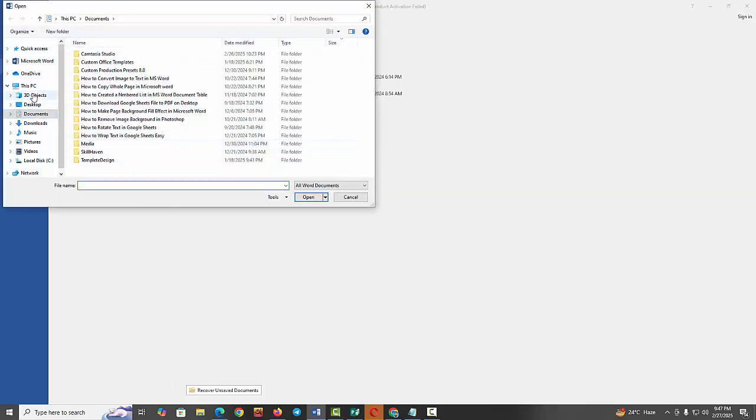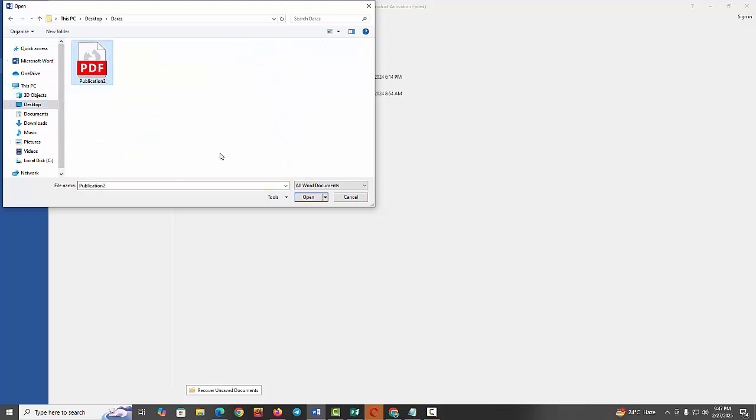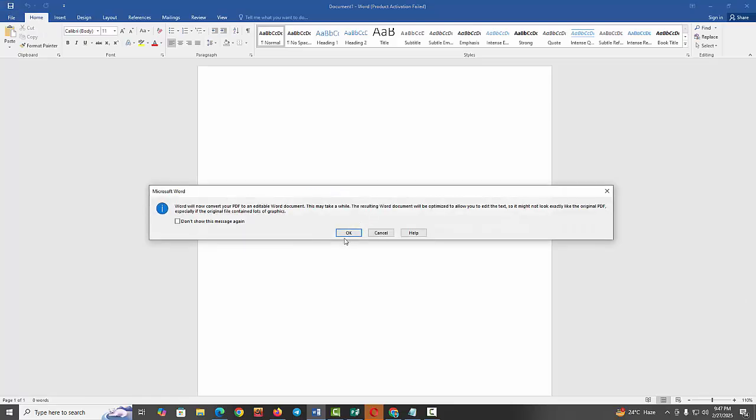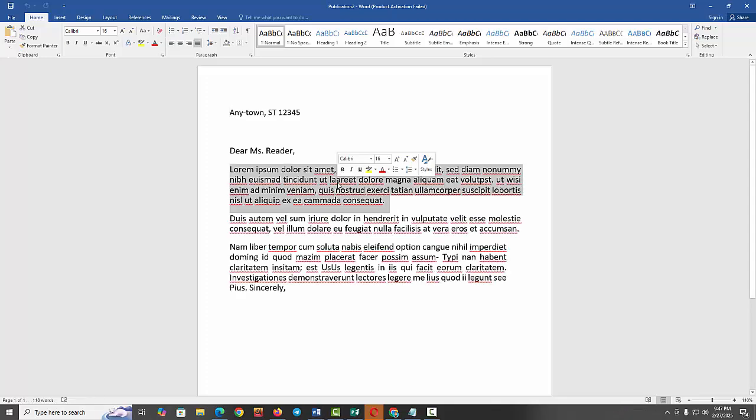Now find your PDF. Now click it, then click the Open option. Now click OK. Then I show